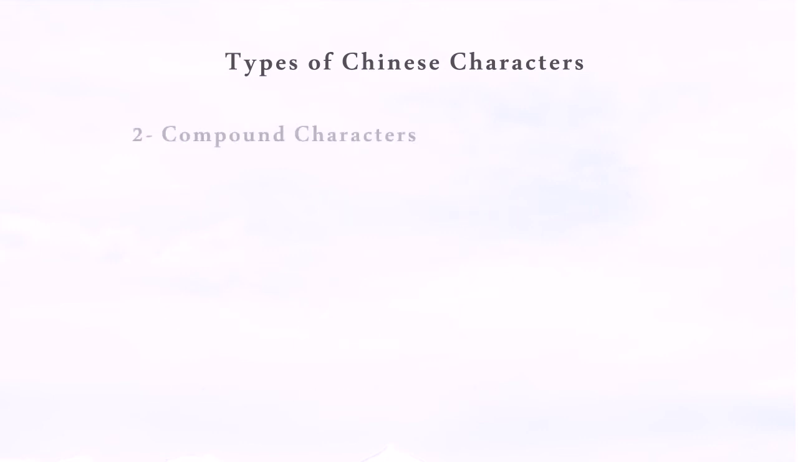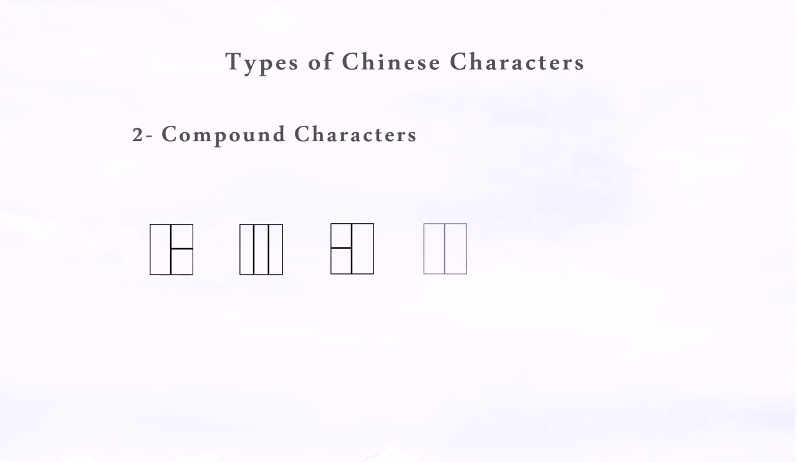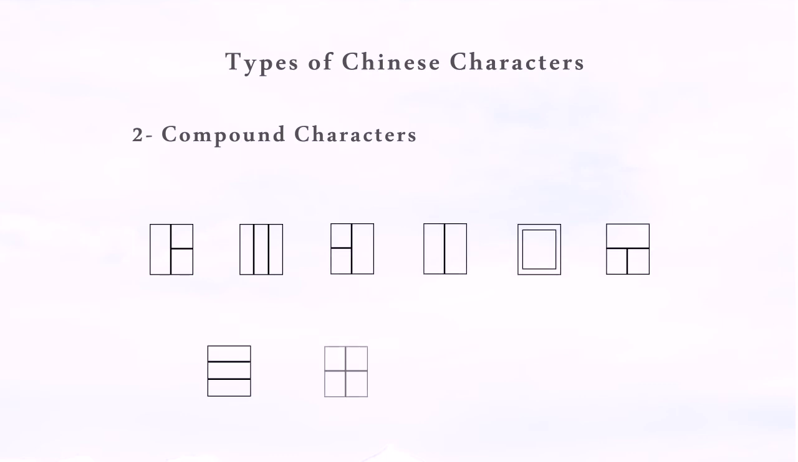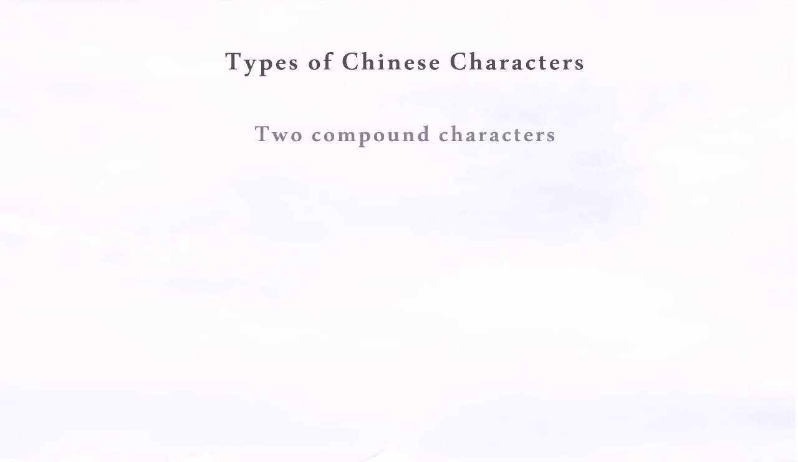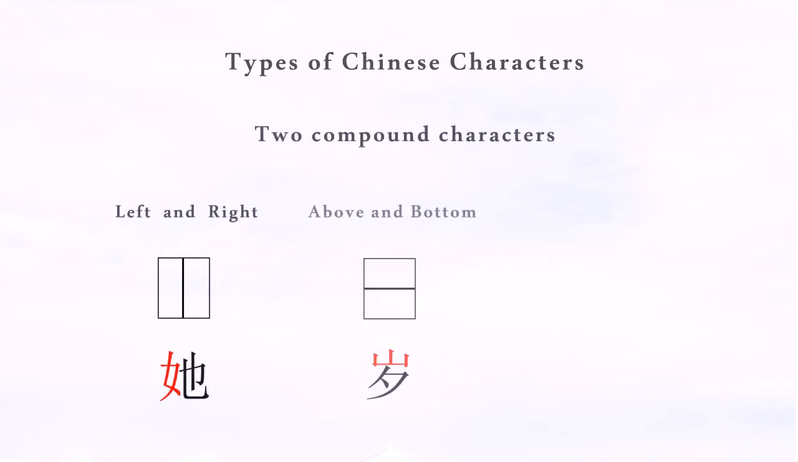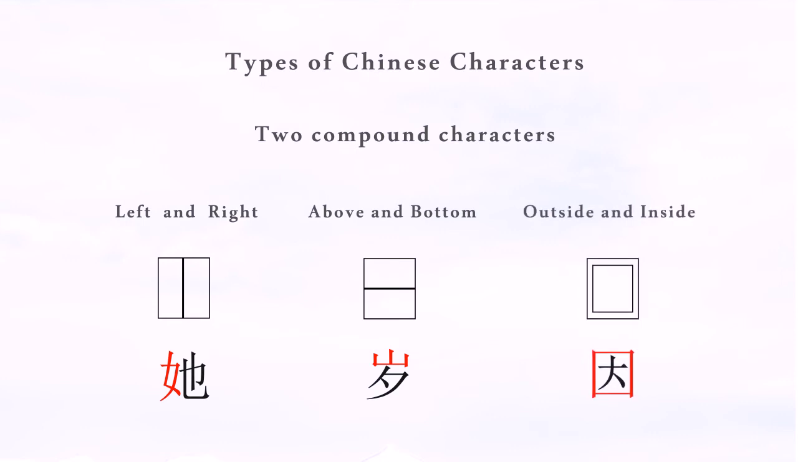The other type is the compound character, and it consists of two or more pictographic characters to give us a new meaning. Let's see an example for this type. For the compound characters, we have left and right, above and bottom, outside and inside. To make it clear,